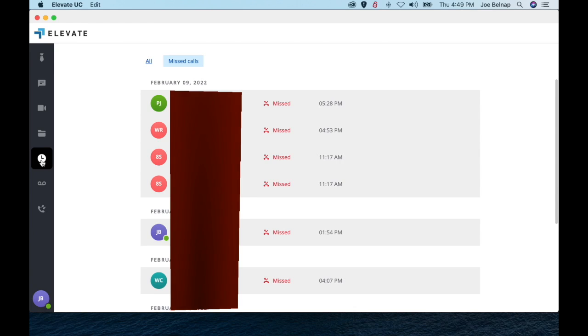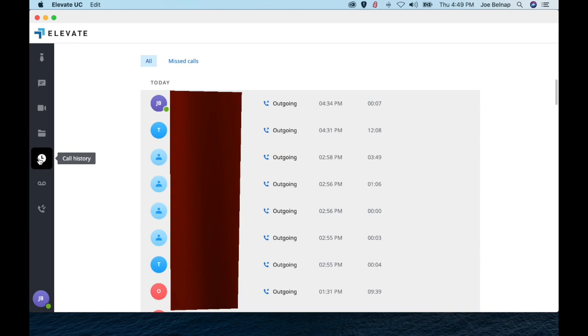Okay, this next tab is call history, and as you can see here, it shows you if you're outgoing or incoming, or if you click on here, you can get all your missed calls. Within this, it tells you what time, it tells you what date, and you can click and quickly send them an SMS or an MMS message, text message, and you can also click on the call button and call them directly from this app. The next tab over here is